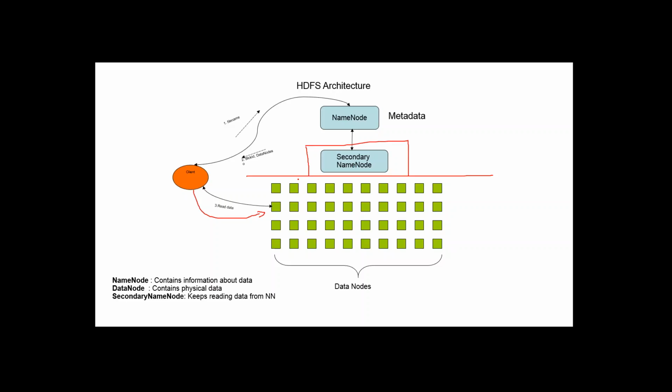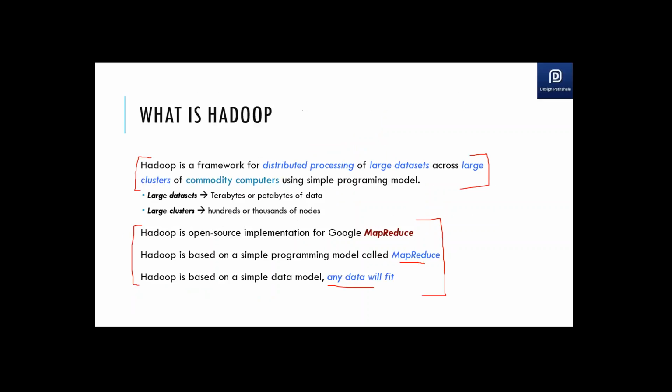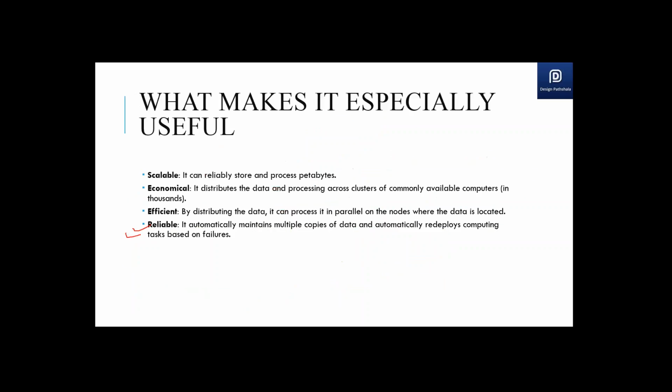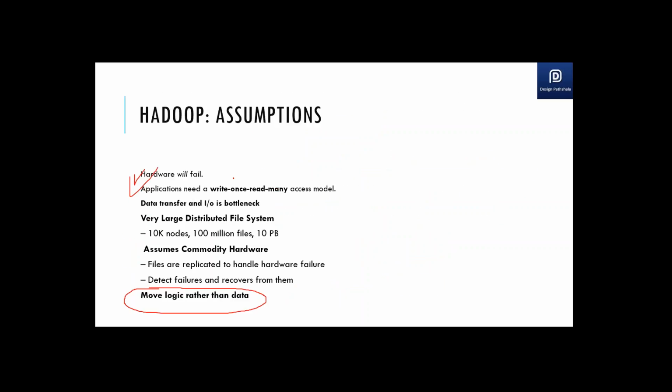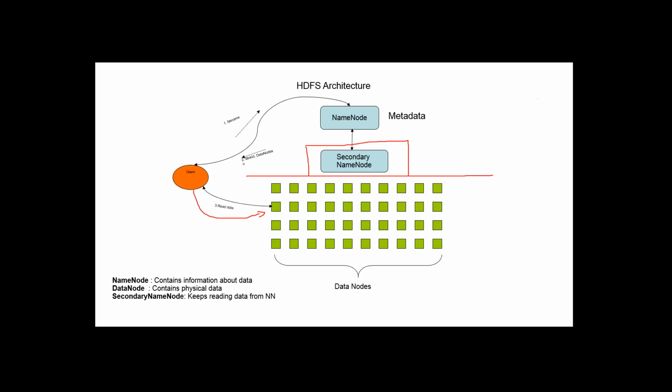But in such a scenario, a manual interaction is required in the Hadoop 1.x architecture. The assumption is that hardware will always fail, and that really makes the system go down if your name node goes down. So there are changes in this architecture, and in the 2.x architecture this has been taken care of with the help of the architecture of the system. I'll talk about the high availability of the system sometime.